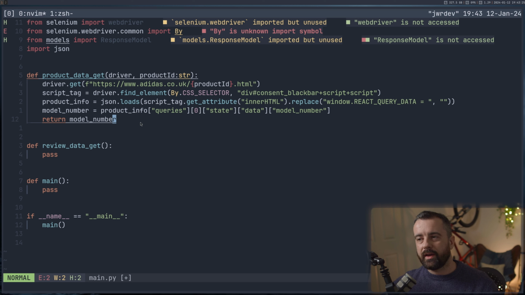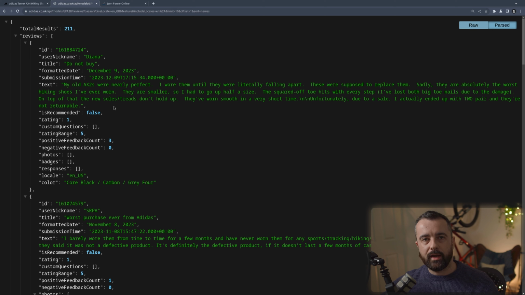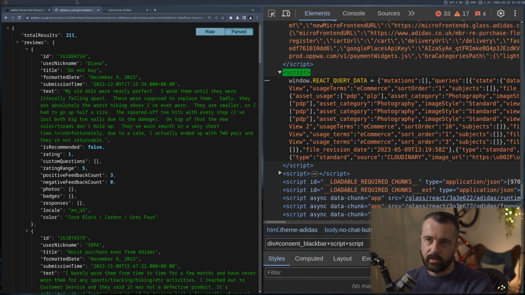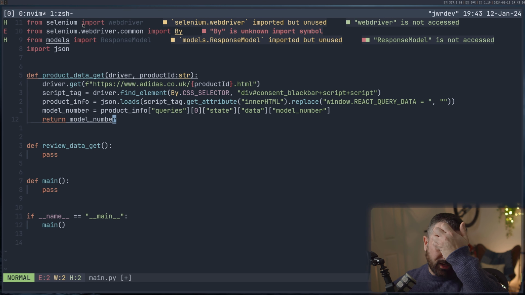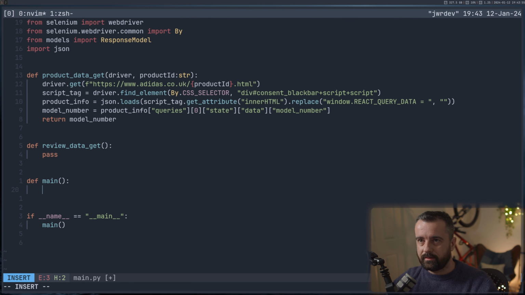Seems to be quite a lot to do that, but however, with that model number, we are now free to go ahead and just start requesting pages of reviews. And because we've already loaded up our web page, to zip through these, it's just one page of a small amount of JSON, which is really quick to load and really quick to get through and then parse out. So it's not too much of an issue. So I want to check that this function is working. So we want to come to our main now, and we want to connect to our Selenium grid so we can actually open the browser and do all that stuff. So to do that, we do